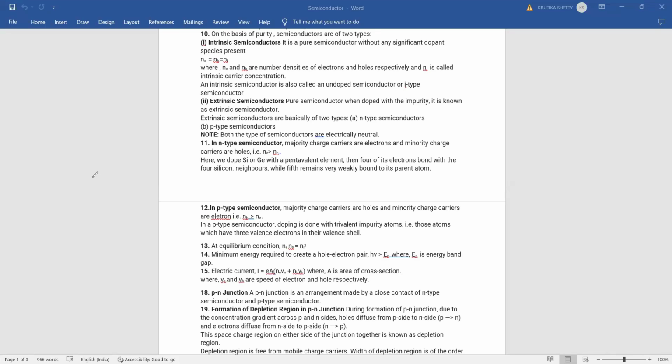Now at equilibrium condition we have one formula: the product of Ne and Nh, the number of electrons and the number of holes, will give you the electron concentration. The concentration of the ions can be calculated using this formula. At the end of the lesson, we will see some numericals on this formula. So at equilibrium condition, Ne into Nh is equal to Ni square, where Ne is the number of electrons, Nh is the number of holes, and Ni is